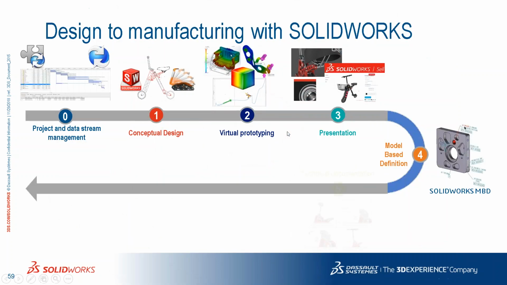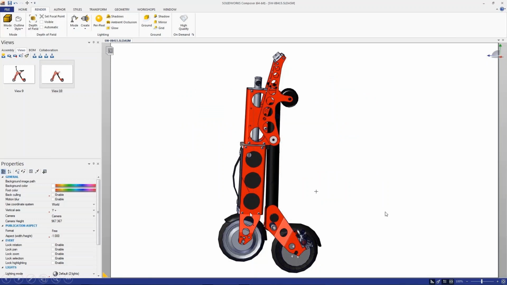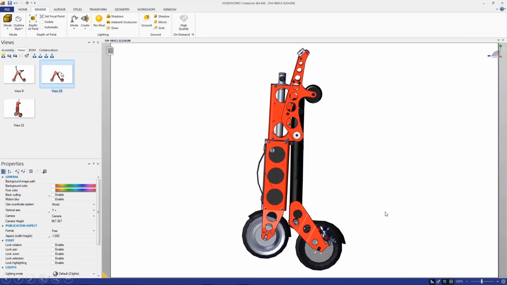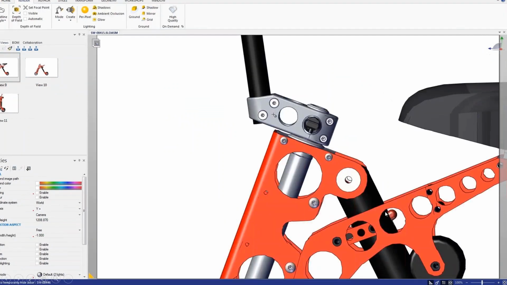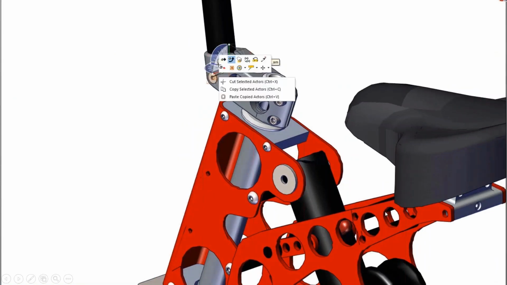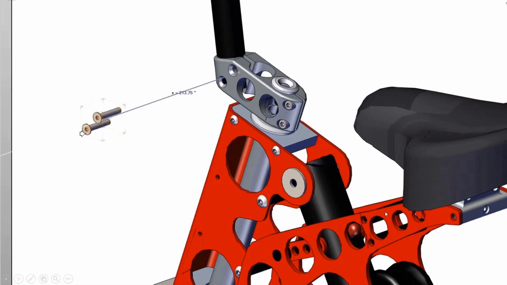Okay, next is the technical documentation. If you want to deliver the Urban 626, you will need to give an instruction manual. So we'll talk about Composer. Composer is a tool that can be used by a person that doesn't know anything about 3D CAD, such as a documentation specialist. They can open a model that is still associative with SOLIDWORKS, and they can create very